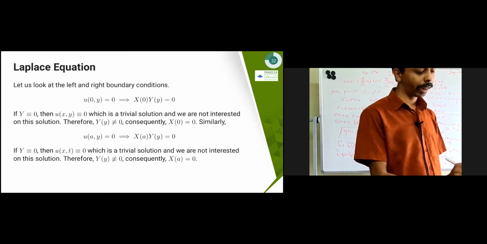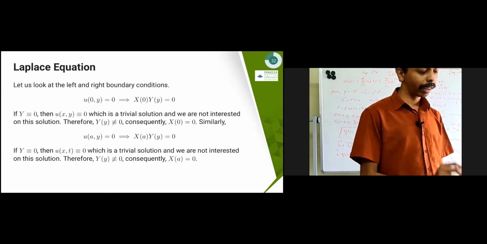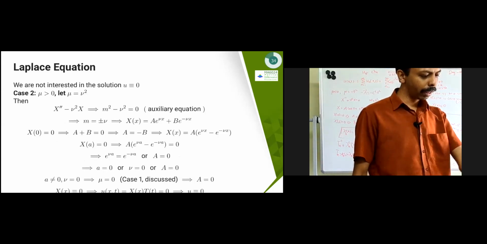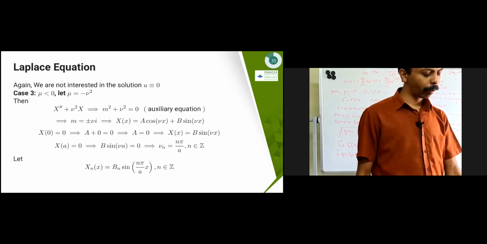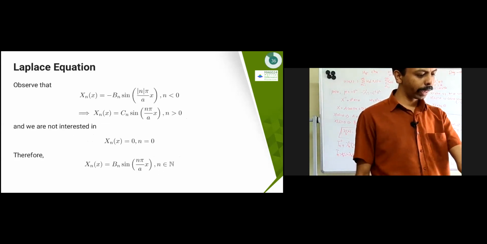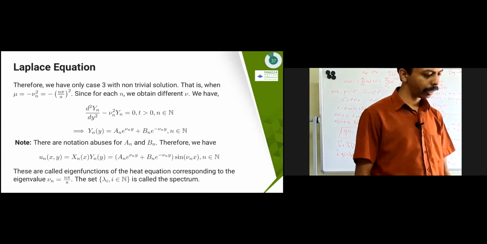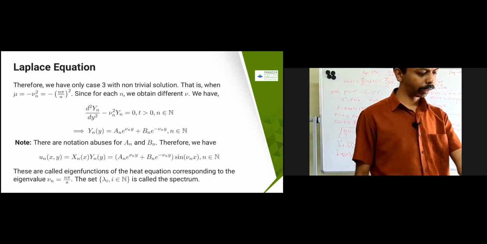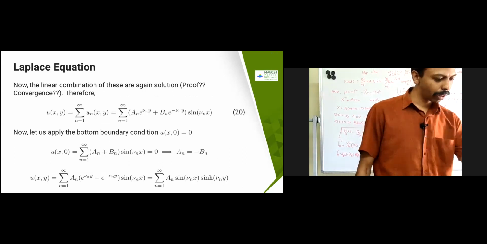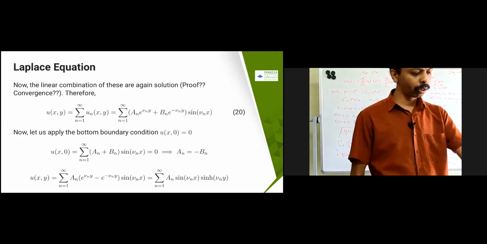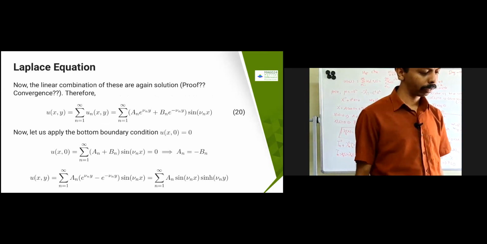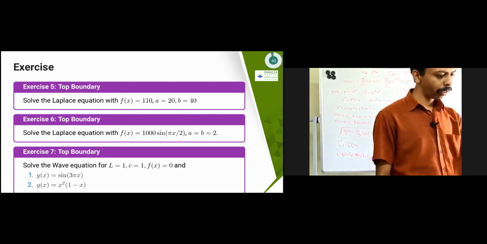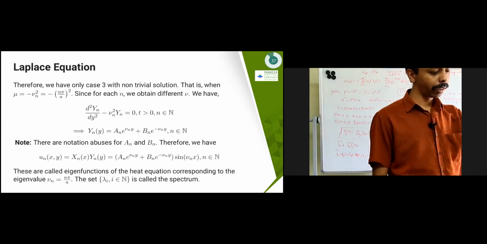So here, as you said, okay, this problem, what you will get is that the hyperbolic function will come. Okay, in this problem you can see that the rest of the things are simple. Only once you are solving for y, you can see that the hyperbolic problem will come. Okay, so this is hyperbolic. Here you can see that I have used sinh of n pi y. Okay, u of x comma y equal to an sin n pi x sinh n pi y. That's right. This problem it will come. Okay, this I leave as an exercise. You can just explore this PDF. Okay, almost the same set of things.